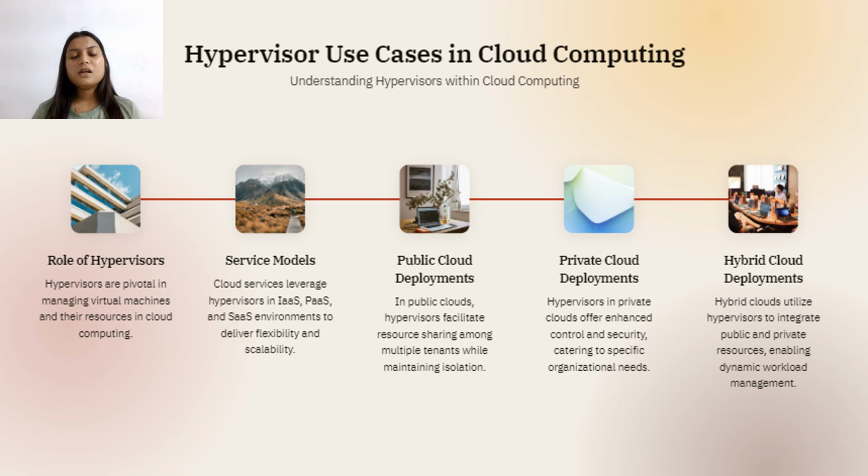Then the service model is connected with the public cloud deployment, where hypervisors facilitate resource sharing among multiple tenants while maintaining isolation. And public cloud deployment is connected with the private cloud deployment, in which private clouds offer enhanced control and security, catering to specific organizational needs. And the private cloud deployment is lastly connected with the hybrid cloud, which utilizes hypervisors to integrate public and private resources, enabling